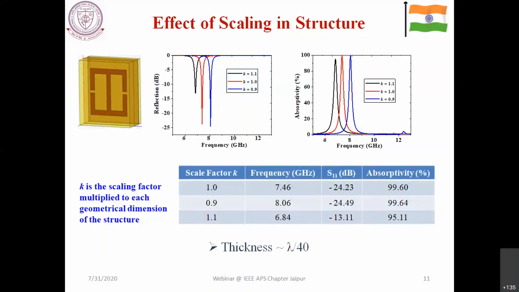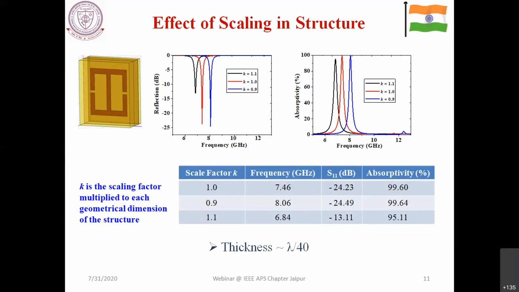This way, the area where the metallic pattern is contained, the filling factor, is getting enhanced, right? So that means the overall inductance and capacitance are increased. Okay, so what will happen? The frequency will be reduced, right? On the other hand, once the filling fraction goes down, you have the reverse or inverse effect.